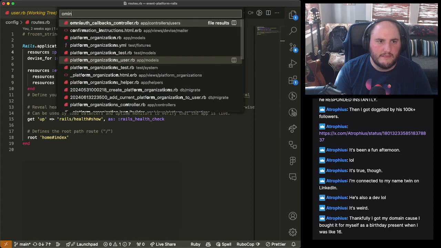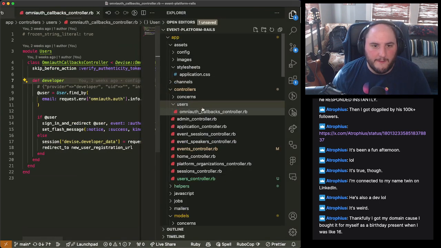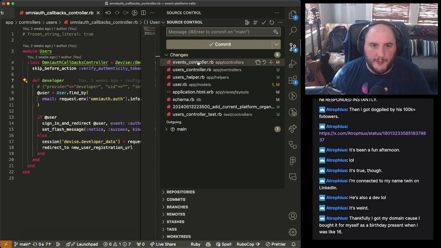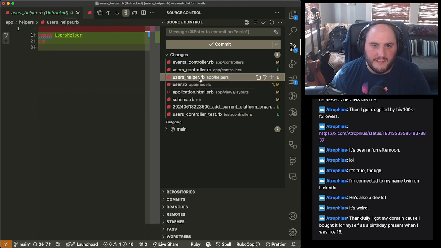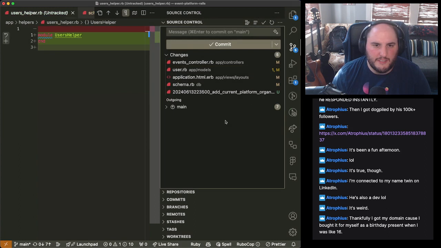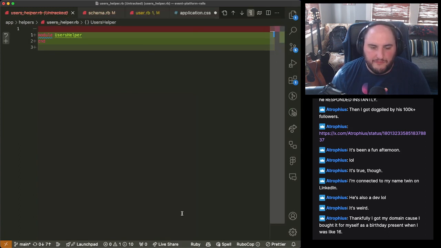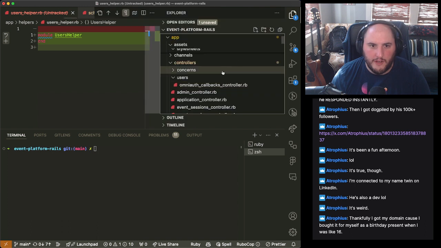is, did I make an OmniAuth controller? Oh, that's right. So we're going to undo this one more time, and we're actually going to do something even kind of cheekier, because I like the idea of what I'm about to do. We're going to just build by hand this time. Or actually, no, we're not going to build by hand, but we are going to do this.